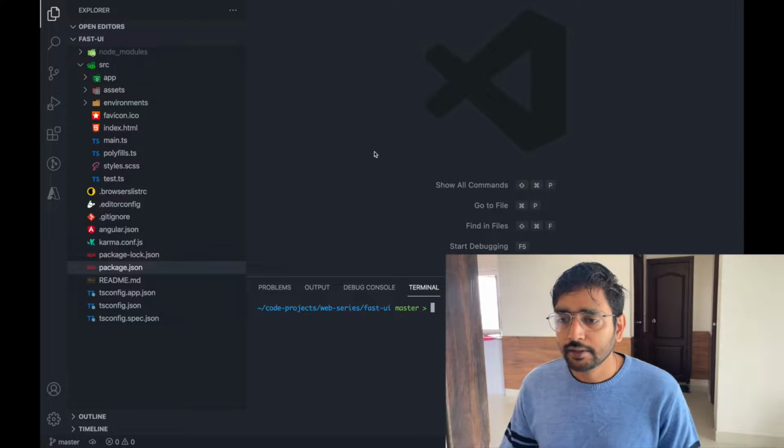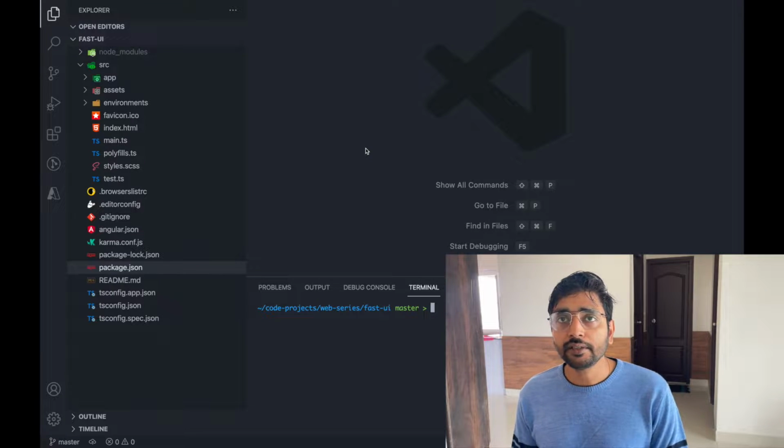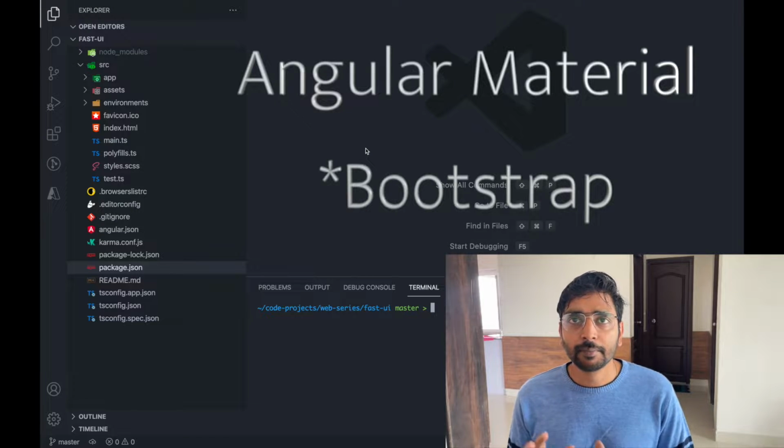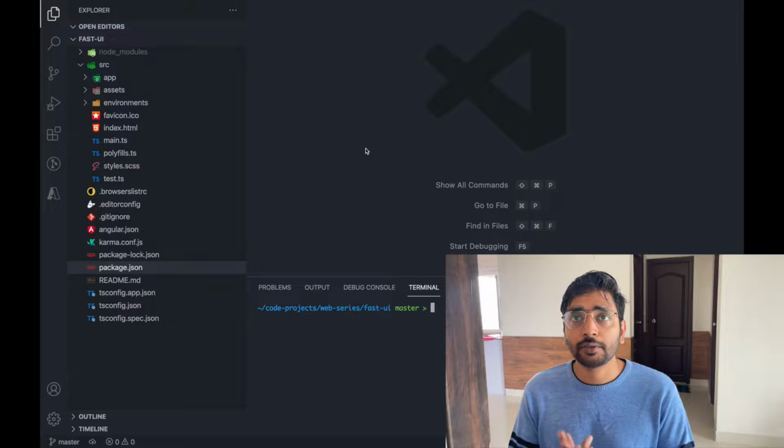So right now we have our project and we'll start to search for how we can quickly develop our UI. We are going to use two basic libraries, Angular Material and NGX Bootstrap, and compare those two. There is a card application. So how you can quickly develop UI for an interview, let's dive into it.